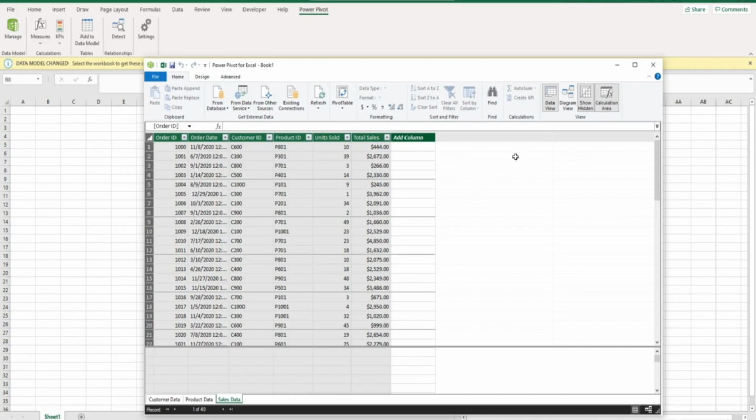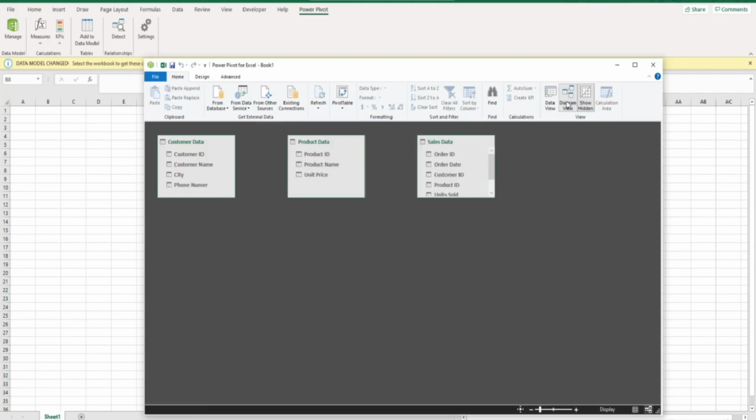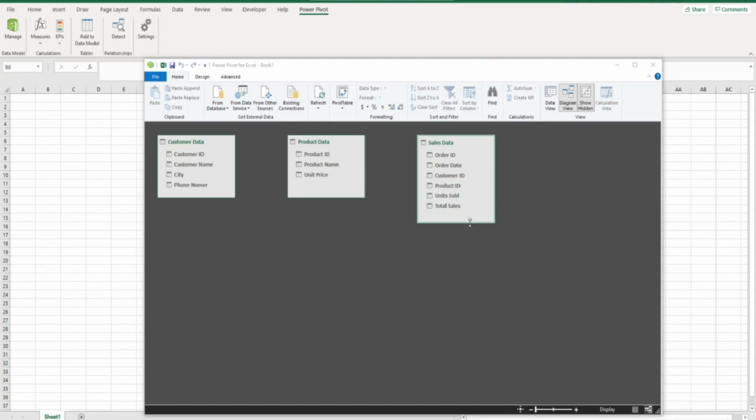So if we come up to the top here, we can see that we are in the data view. But let's change this to the diagram view. Now it shows us our 3 separate tables and the column headers within those tables. Now the sales data is a little bit cut off, but we can select this table and drag down to resize. So really quickly, let's go back to our data view and take a look at the data within these tables